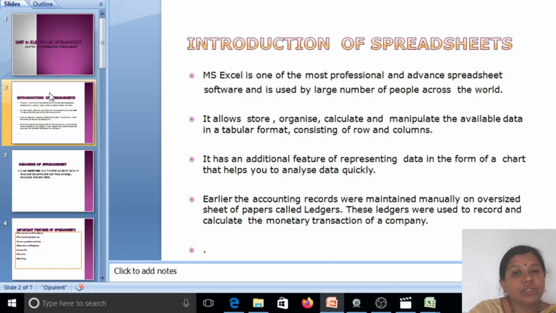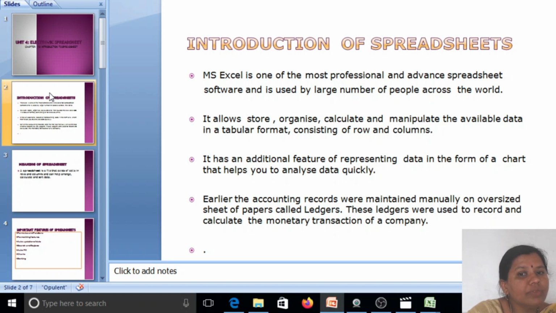It allows you to store, organize, calculate and manipulate the available data in a tabular format, which consists of rows and columns. It has an additional feature of representing data in the form of charts that help you analyze data quickly.